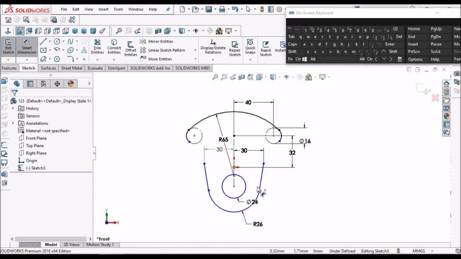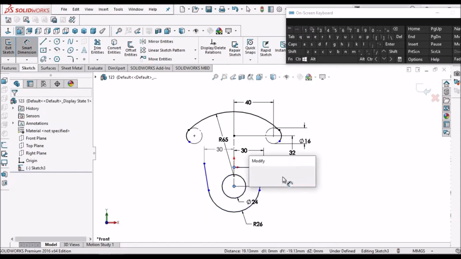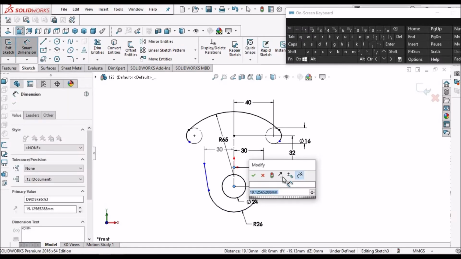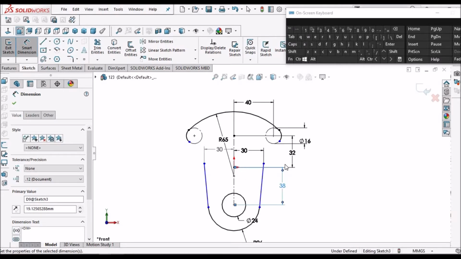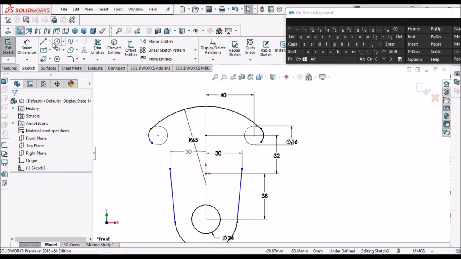So center to this center is 38. Now we have to create one arc. Take 3-point arc.